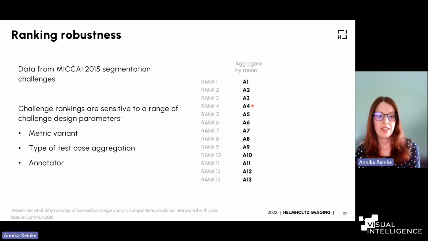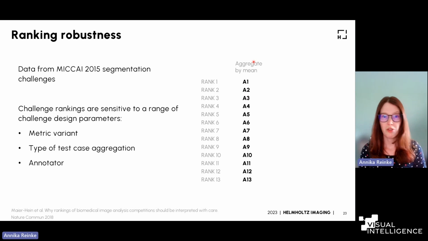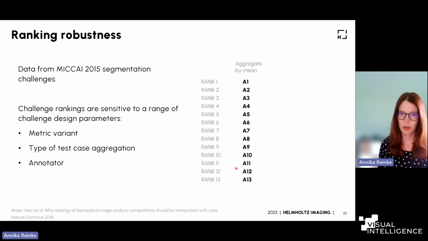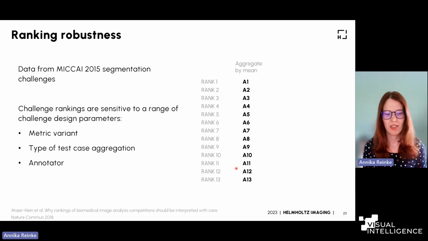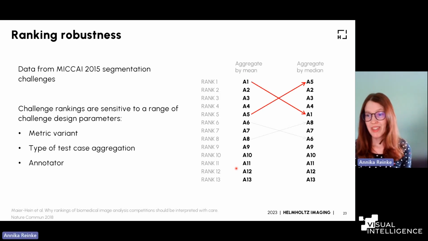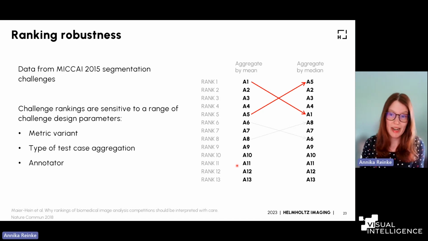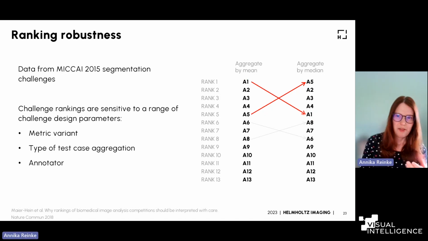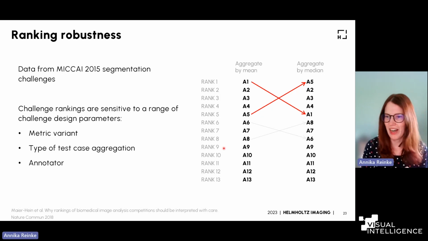Also the annotator. And here you see one example from a real challenge where we have 13 different algorithms and the ranking with the mean we see over here. We thought, okay, what happens if we exchange mean by median? Shouldn't be that much of a deal. This is what happens. The ranking changes quite dramatically, because now algorithm 1, the winner, is now at rank 5. They basically exchange ranks. And if you're honest, if you look at the ranking with 13 algorithms, you typically mostly have a look at the first 3 algorithms. So it really changes the rankings.